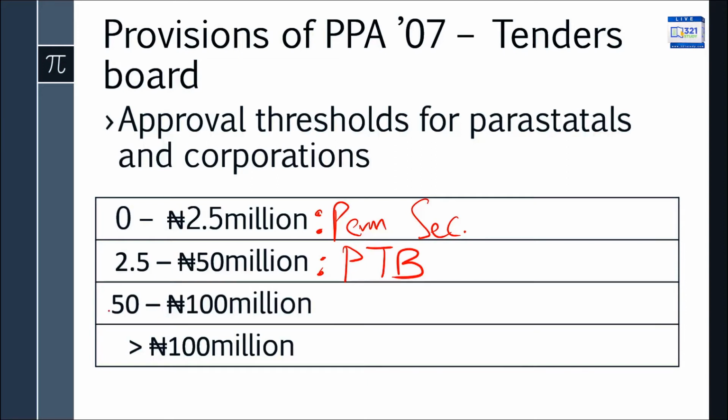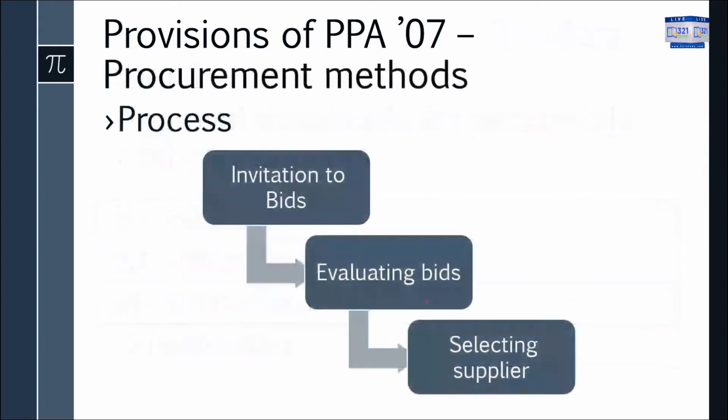However, if it goes above 50 million, then a ministerial tenders board will have to see to it. And if it goes above 100 million, again, this goes towards the Federal Executive Council. So you all see how these bodies interact when it comes to